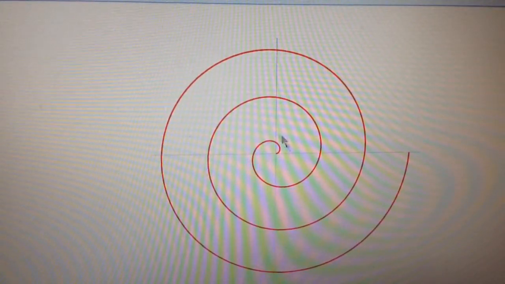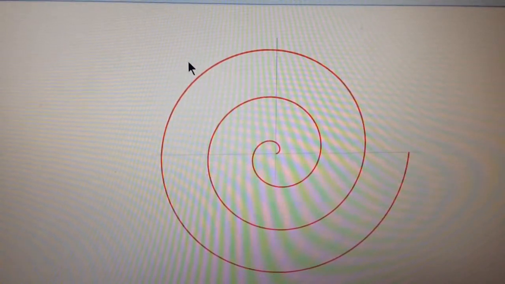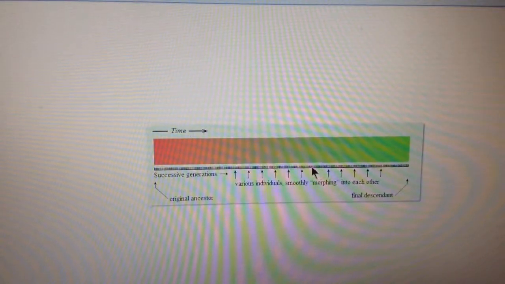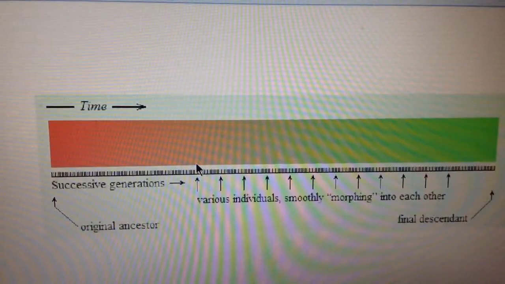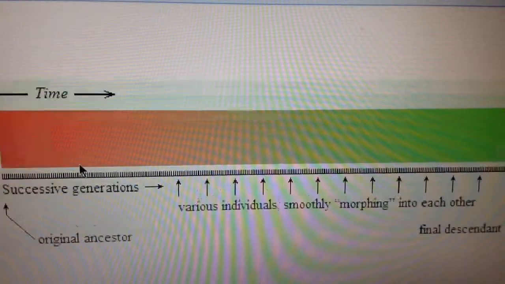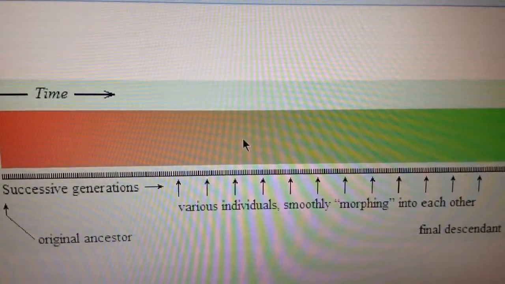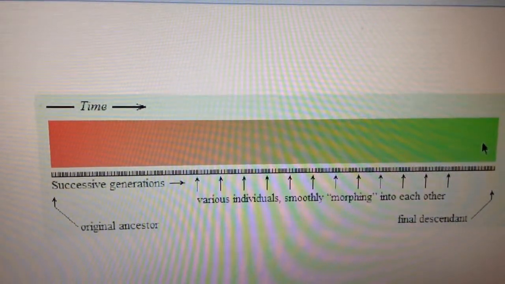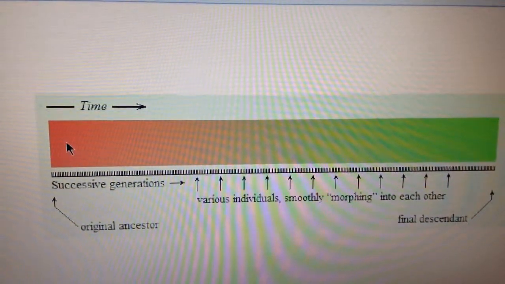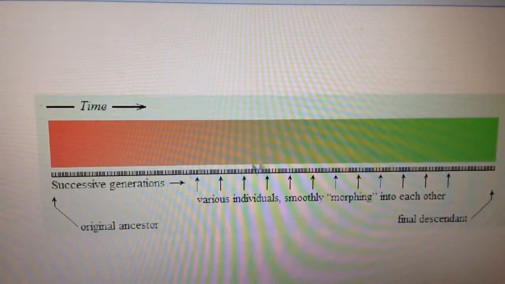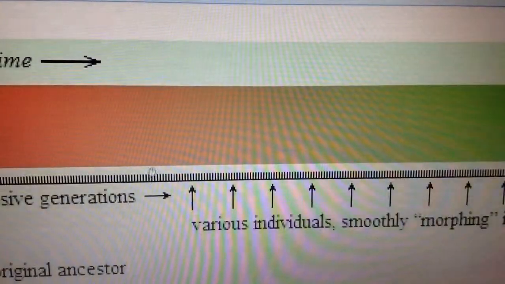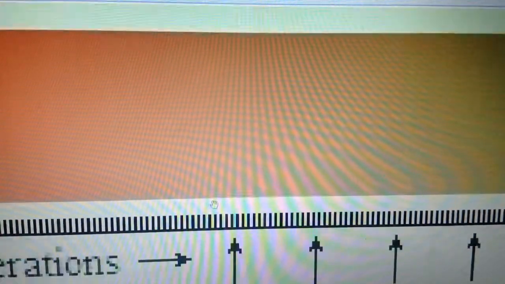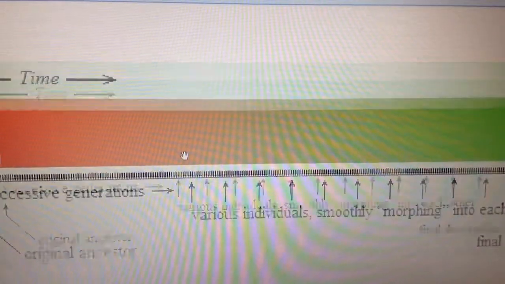And again, this is all taking place over millions and millions of years, something we aren't able to observe in recorded history. Another way to look at it is this. I like this because it shows the color differentiation. Right over here, you've got a color that's very different than over here, and it changes a little bit, but if you look at just one spot on here, in between two generations, there's not gonna be much of a